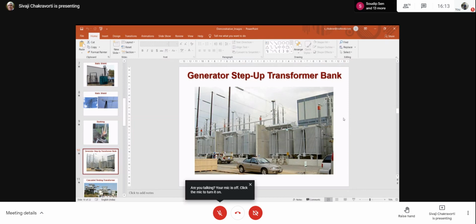Anyway, there is something called a V connection of three-phase transformer. So even if any one phase goes out, of these, still we can supply power at 66.6% of its capacity. It is possible. We can do that.